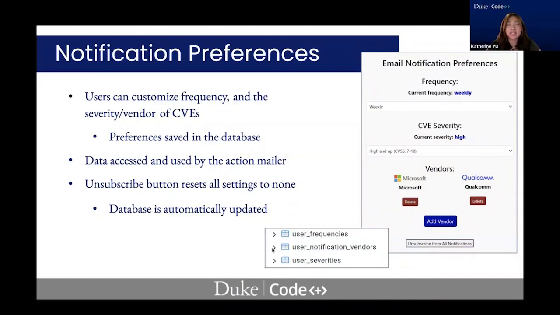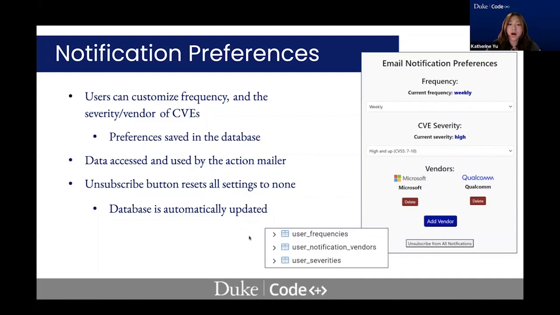This page is basically designed to give users control over when they receive the CVE alerts. So users are able to set the frequency of emails and also specify the severity and vendors of the CVEs they want. The vendors in this page can be different from the ones selected on the other settings page, as users may have different preferences for what they want to see on the advisories table versus what they want to receive notifications. All of these preferences are saved in our database, as you can see in the three tables in